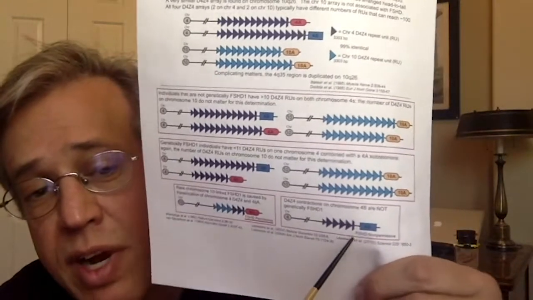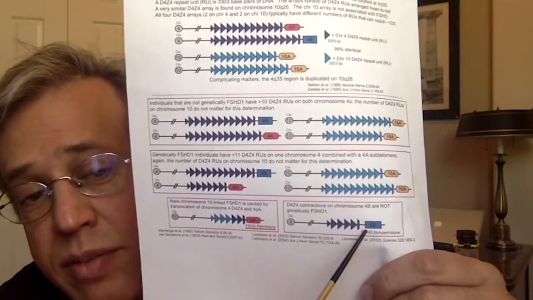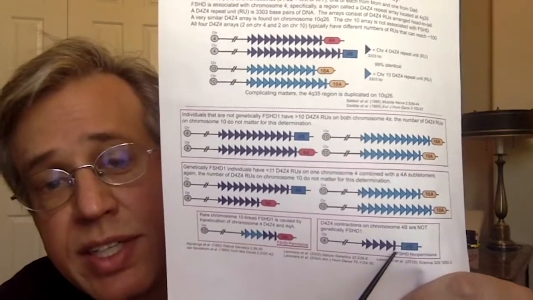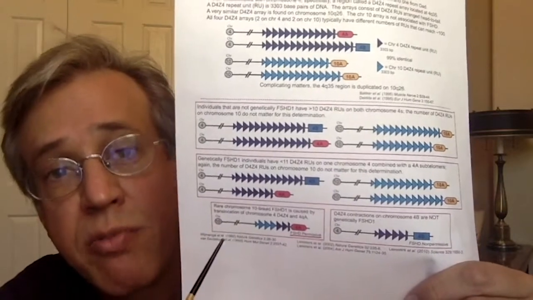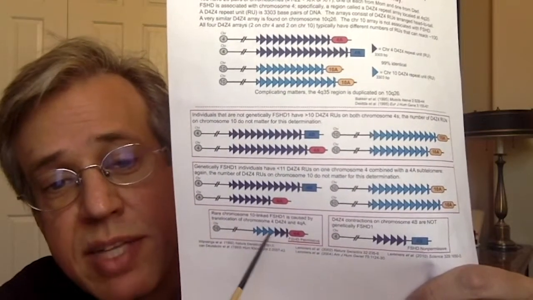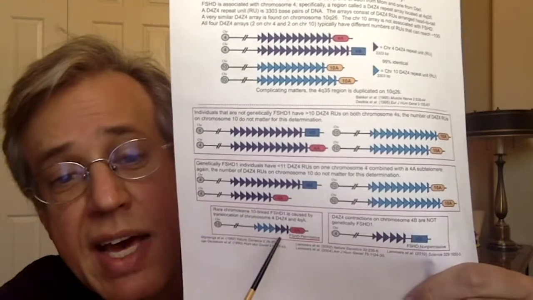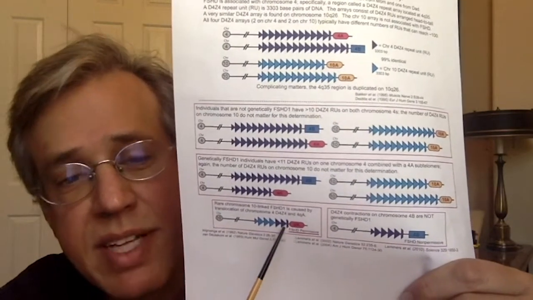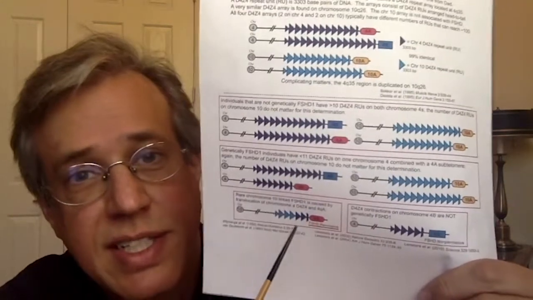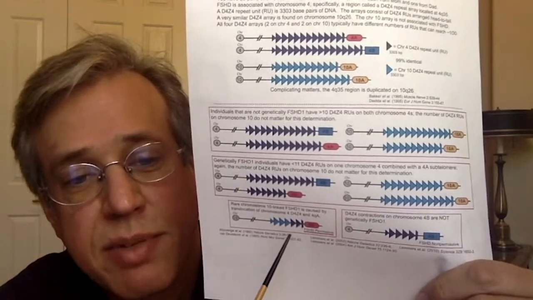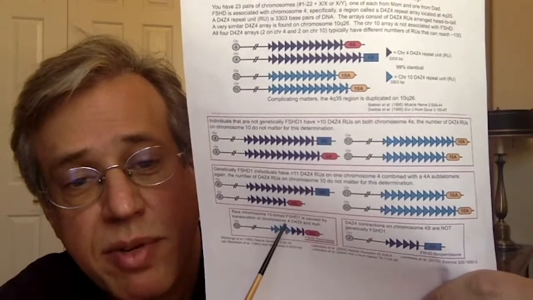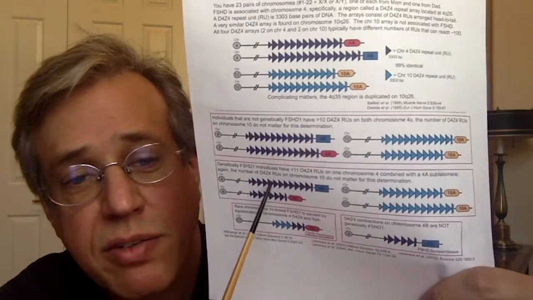If the contraction is on a non-permissive chromosome, like a 4B chromosome, this is not FSHD because you cannot make the pathogenic DUX4 gene. Now, there is a very rare case of chromosome 10 FSHD, but that's because of a recombination, where chromosome 4 is fused to chromosome 10, and so that makes it permissive. That's a very rare case, although the research testing we do picks that up, and good molecular genetic testing does pick this up as well. So this is FSHD1: one contracted array on a permissive chromosome.